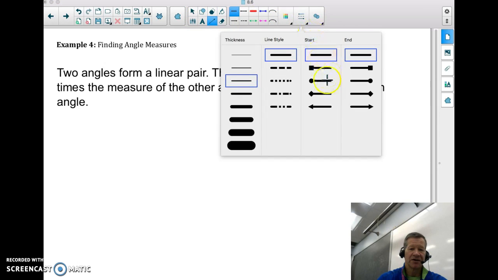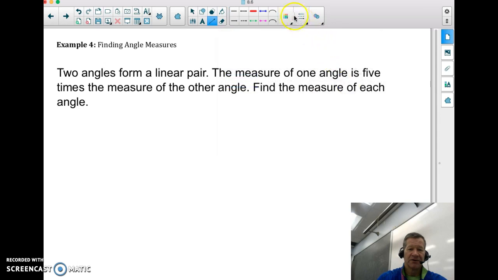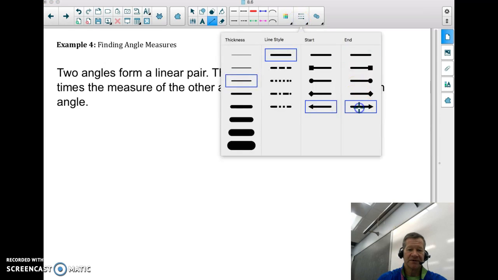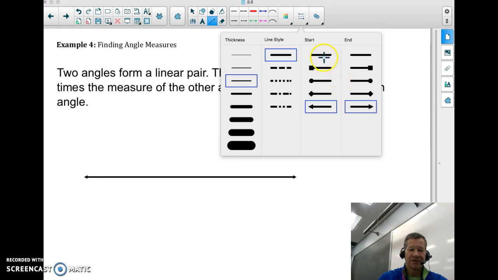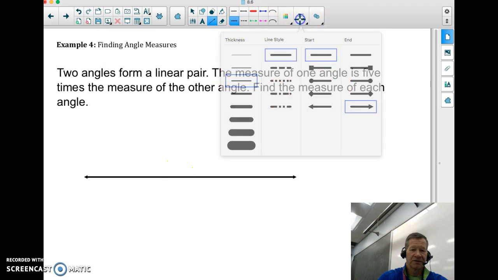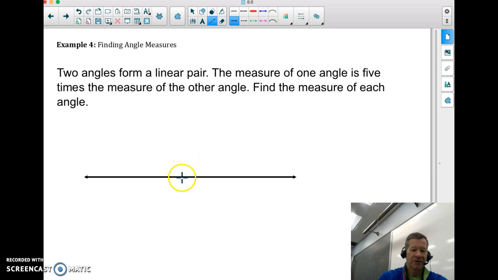So what I'm going to draw is a linear pair of angles. A linear pair of angles, as we learned in the last video, are two angles whose non-common rays are opposite rays. So I'm going to do the best I can to draw this. I've got a straight line, or a straight angle if you will, and I have a